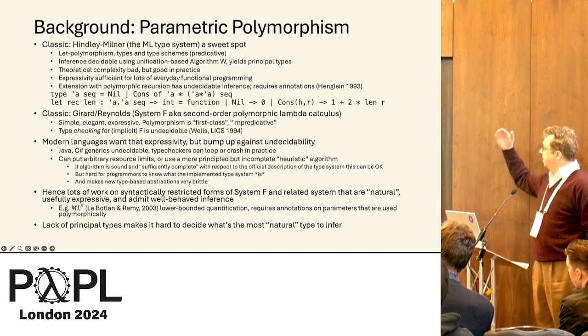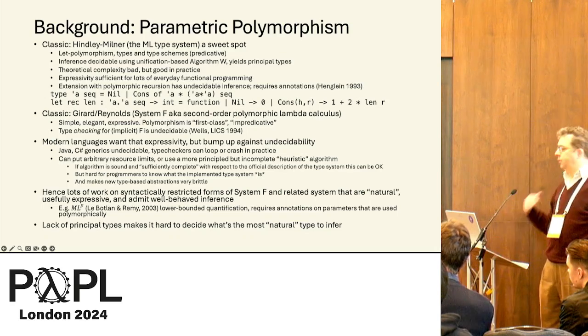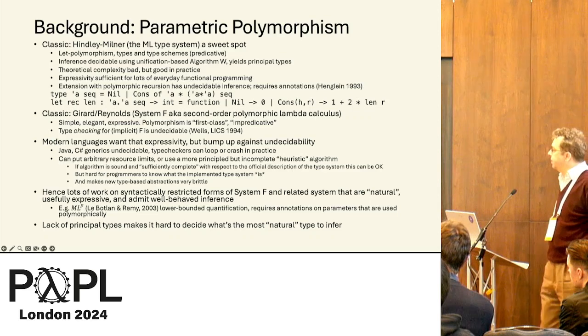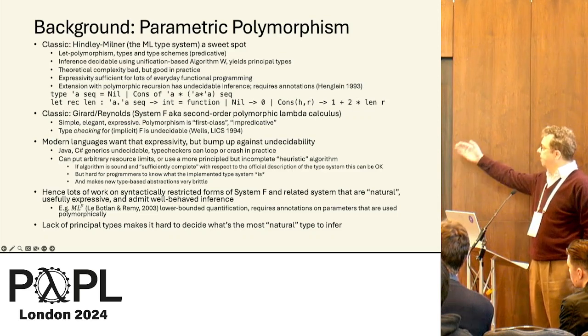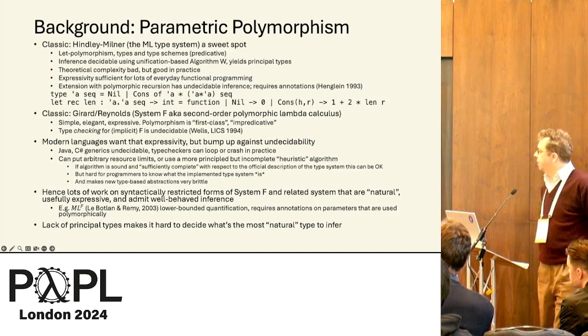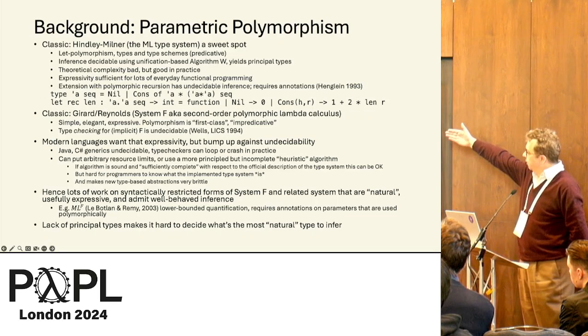So here, this is first-class polymorphism. Quantified types are types, and you can instantiate type variables with quantified types. So this is known as an impredicative system. And type checking for an implicit version of this is undecidable, as Joe Wells showed back in 1994. So this is good for simple functional programming,